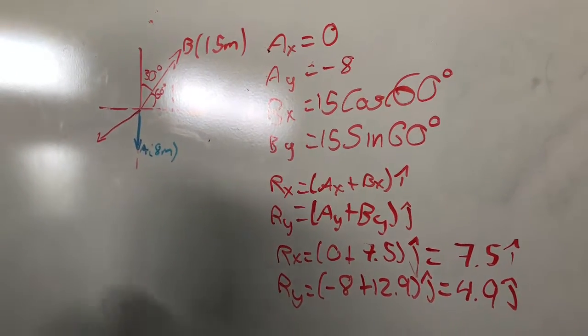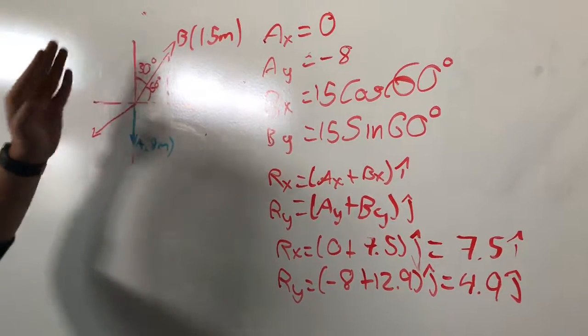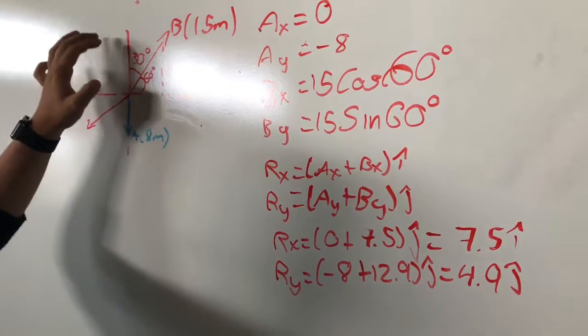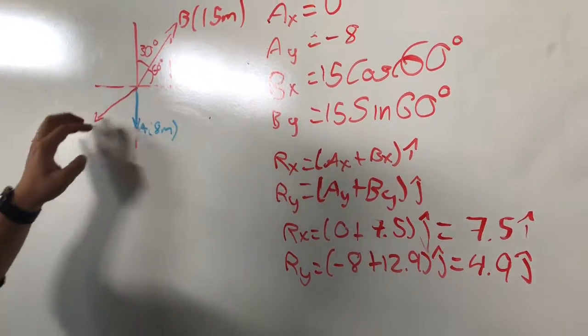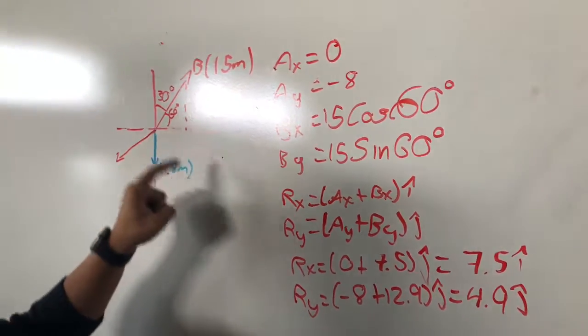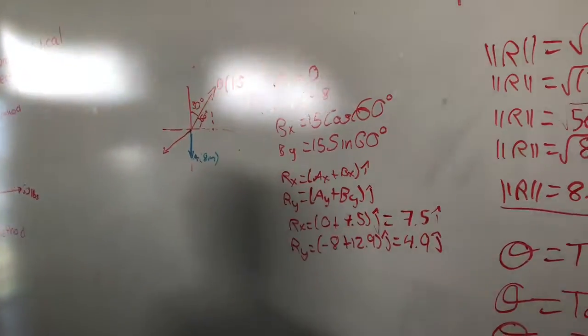The first thing you need to know is to get this angle. In this case, because it's a rectangle, it's going to be 90. So 90 minus 30, it's going to be 60. You have a value of 60. You create an imaginary line to get the value by the